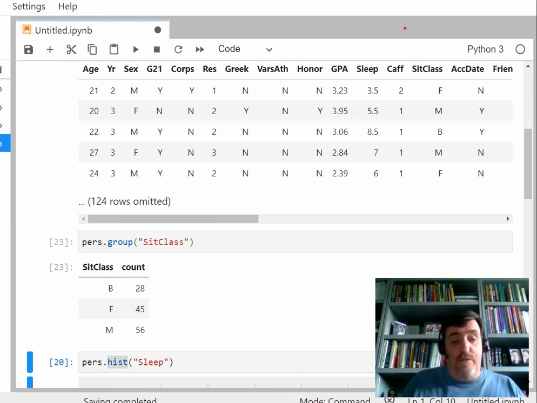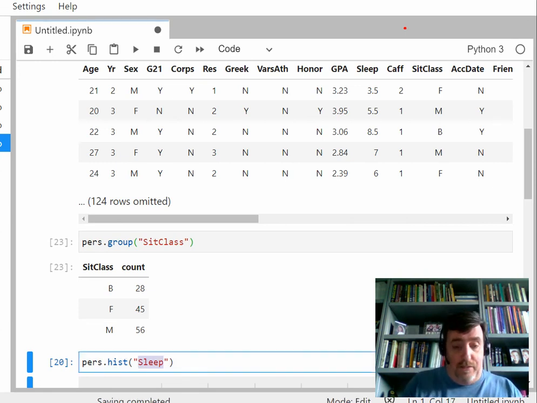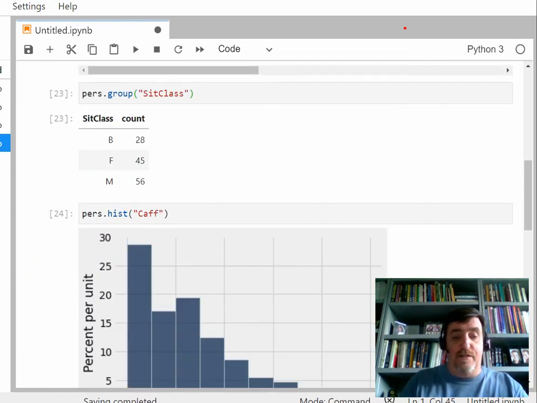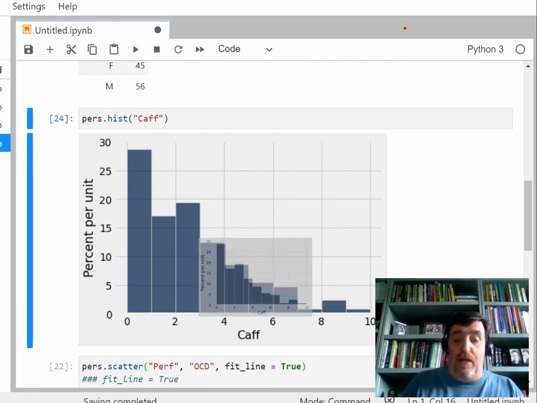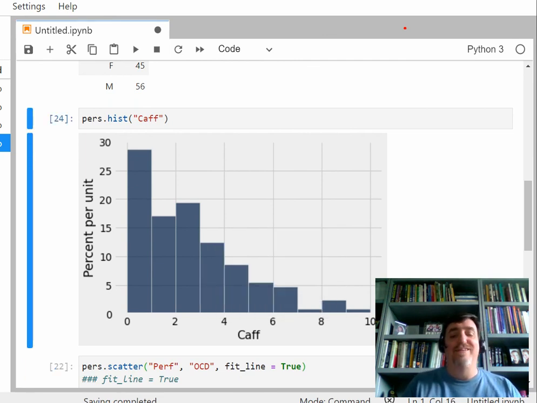And so Python, the reason we're using it is that way you get a much more realistic feel for what statistics is about. We can use a realistic data table of 130 people and 30 different variables. And again, we just have to tell it which one we're interested in, whether we're interested in the sleep variable or the CAF variable, that's caffeine consumption per day. And notice that there are a lot of what we might call outliers over here on the right. So there's some people that drink a lot of caffeine, and there's some people that drink almost no caffeine if you look on the left of that histogram.